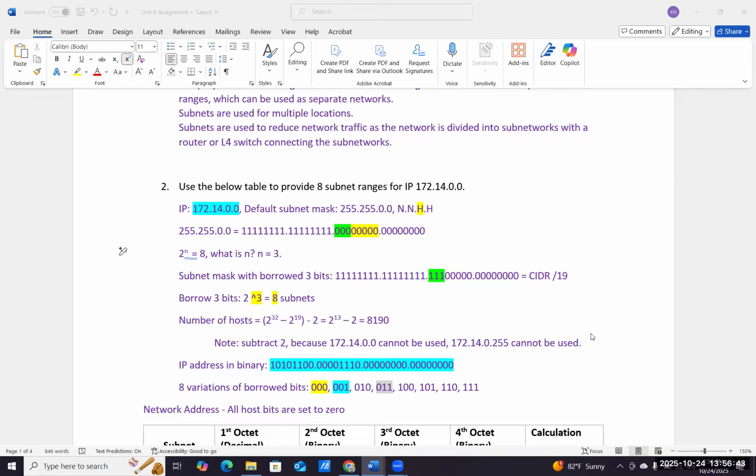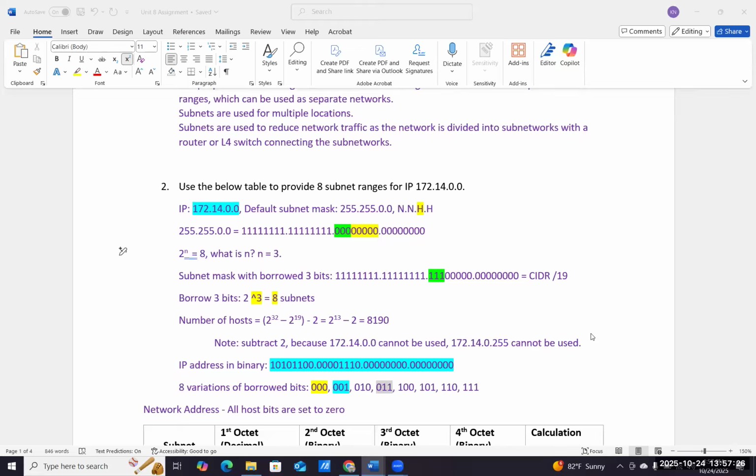Then what we will do next is look at those 3 borrow bits, the green highlight. I asked myself, how many combinations of 0s and 1s can you do? And it's exactly the exponent that you use for the mask bits, which yields your subnets. So you would have 8 variations in how you can switch up the 0s and the 1s. The first variation is they're all 0. The second variation is 0, 0, 1. And if you look at the pattern for the combination, you notice that the 1 is simply moving from right to left,